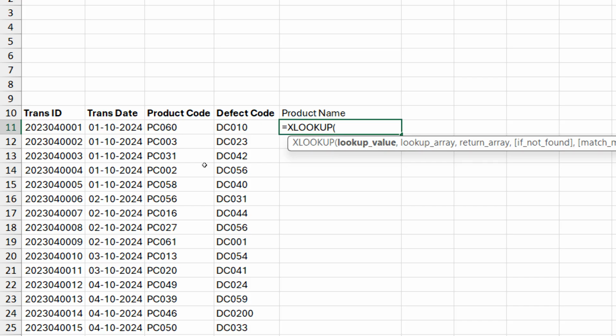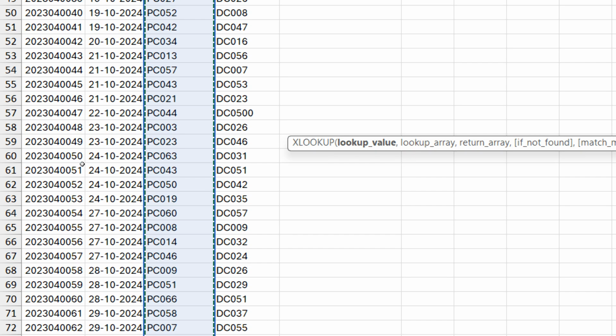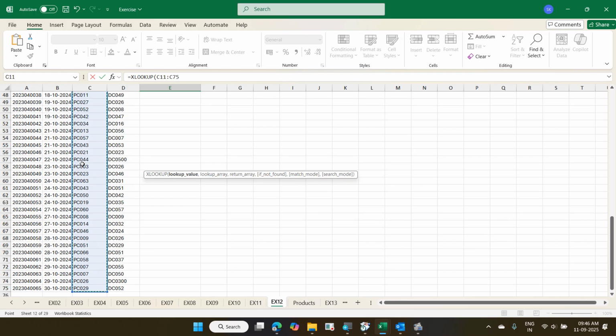Lookup value. This is the power of this latest version of XLOOKUP. In lookup value, don't select one product code. Select all the product code, the entire product code. Select the entire product code, comma,